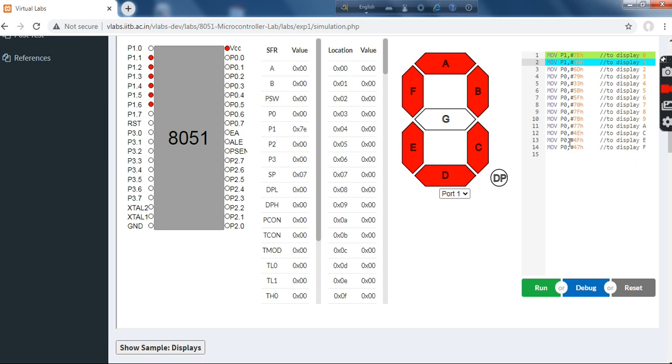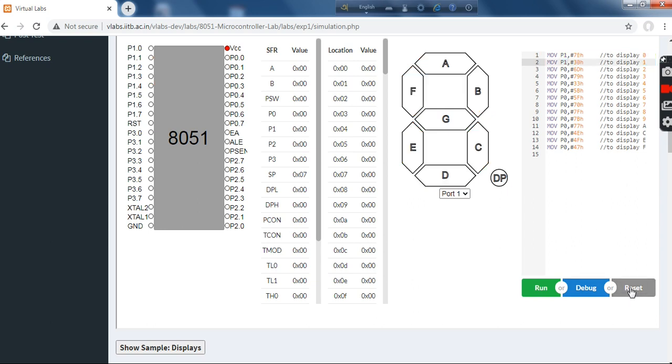Now let's see what will happen if I change these to port 0 and port 2. We are going to reset and then change these pins to port 2. Let's see what will happen. We are going to select port 2 from this arrow, then debug and run.